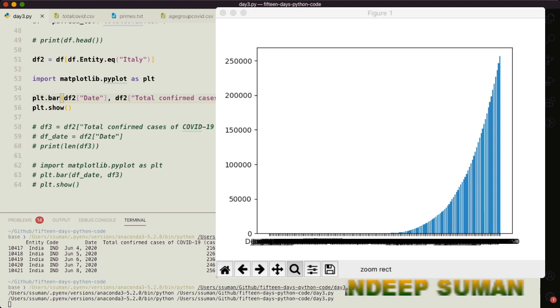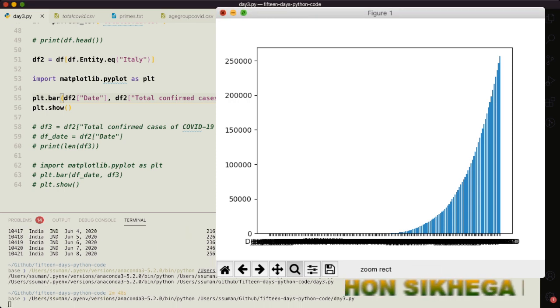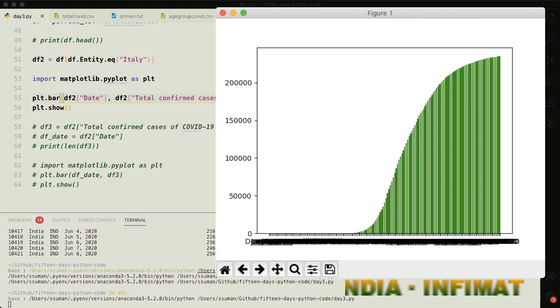The data file is huge, so maybe that's why it is taking so much time. You can see that this is the data of Italy, and the coronavirus outbreak is getting stabilized. You can see that the curve is getting flattened. It is bending downwards.